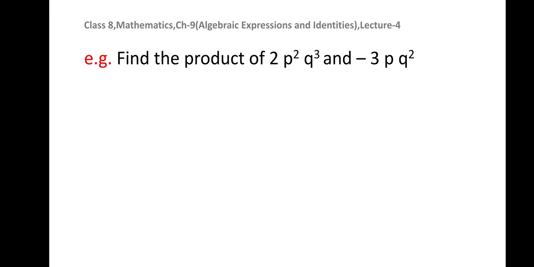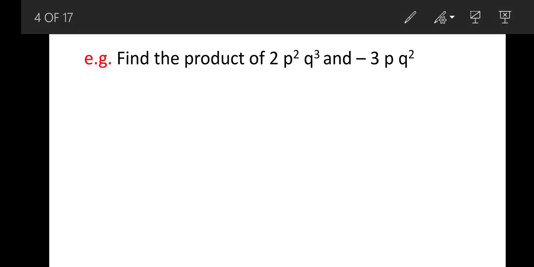We need to find the product of 2p square q cube and minus 3p q square. Here, dear children, in this example, 2 and minus 3 are the numerical coefficients and these two terms are monomials. This is a monomial, this is a single term. An algebraic expression having only one term is called a monomial. This is a single term. This is another one term. So these two are monomials, and while multiplying two monomials, we need to take the product of their